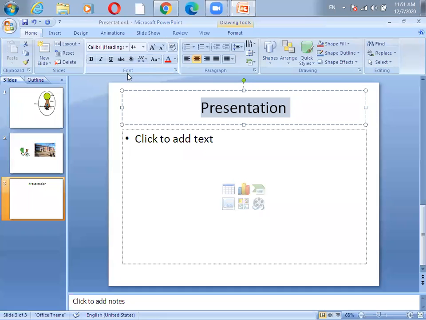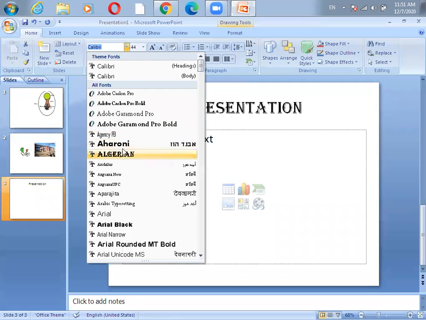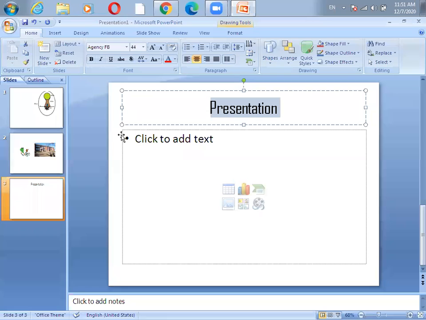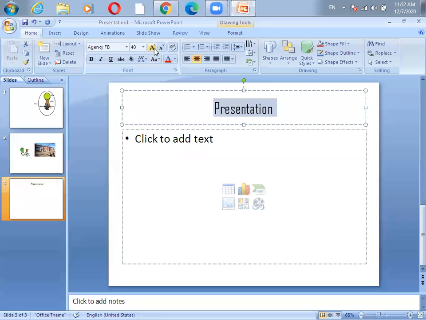Now we'll move on to this group. Basically, this group is called the Font group. In this group, we have Font Family, so I can change the font family from here. Like I want this family. I can change the size from here. If you want to grow the size, I can grow it from here. If I want to shrink, meaning you want to make the size smaller, then you can go with this option also.